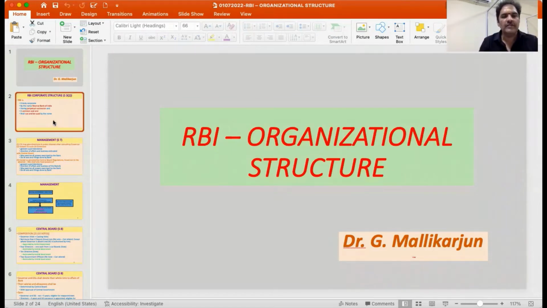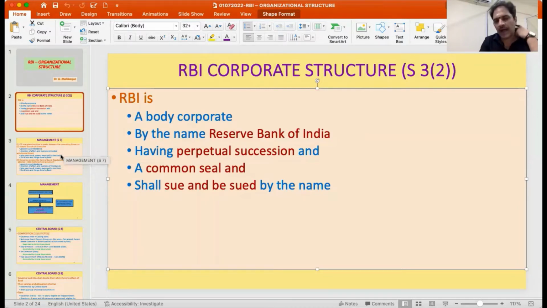RBI's organizational structure. When we talk about organizational structure, the most important thing is the corporate structure. Section 3(2) of the Reserve Bank of India Act very clearly says that RBI is a body corporate operating by the name Reserve Bank of India, having a perpetual succession and a common seal, and it shall sue and be sued by the name. So it's just like any other corporate body. It will have the name of Reserve Bank of India. It has a perpetual succession, and it can file cases, and it can be subject to litigation